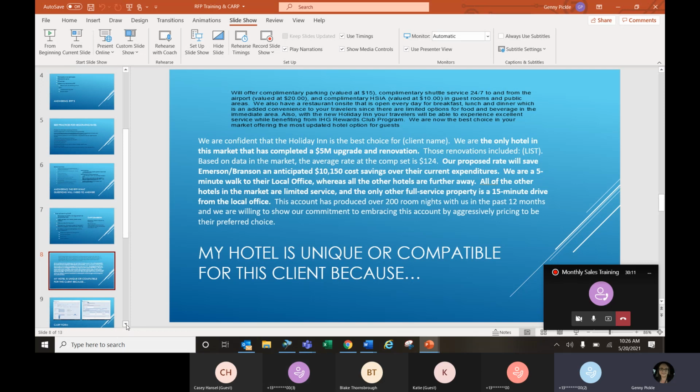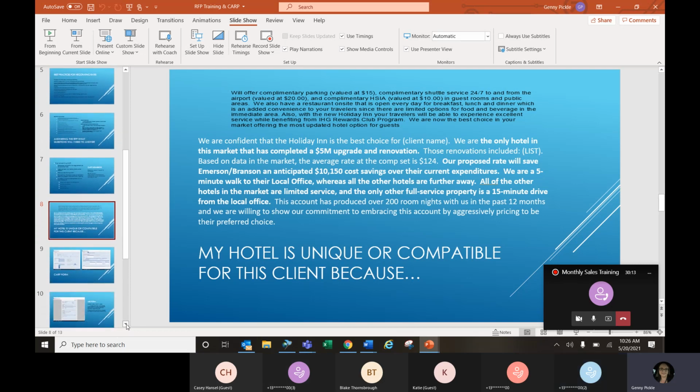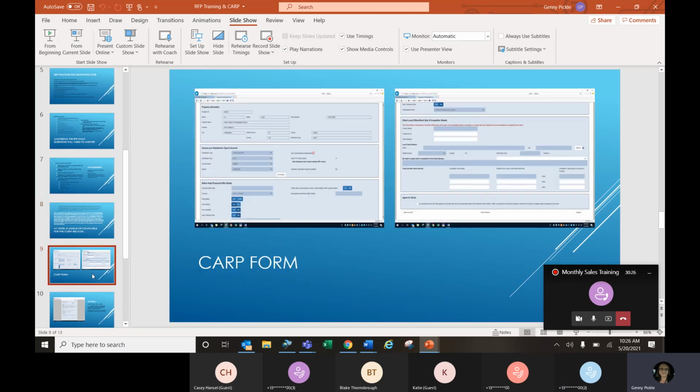So here's an example of a business case. I'm not going to read it to you. You all can read it. You have the presentation as well. And then I just put a couple screenshots up here of the actual CARP submission pages